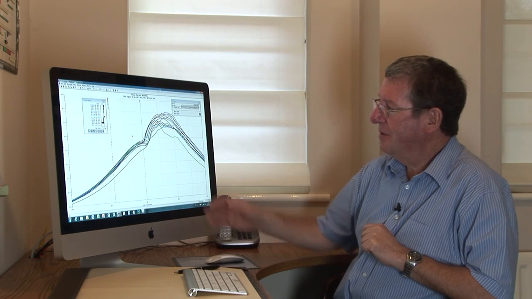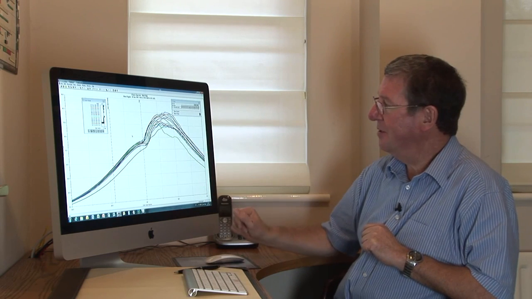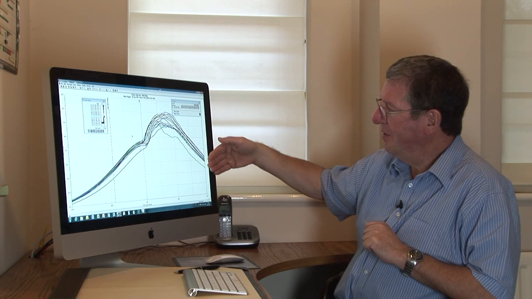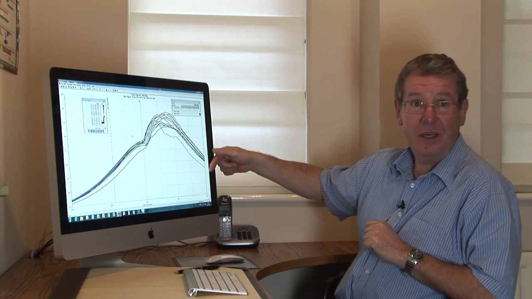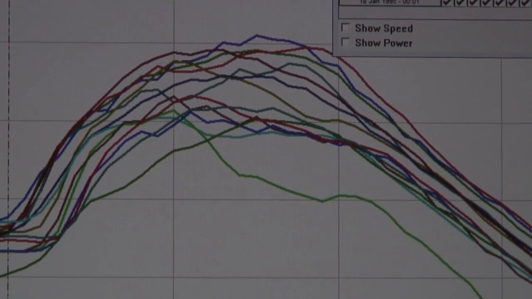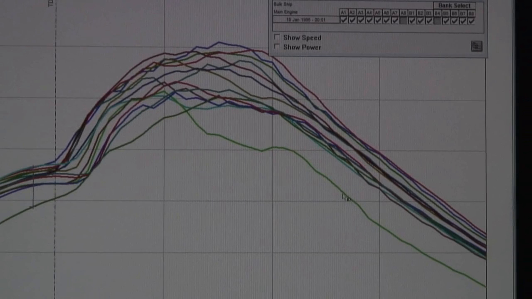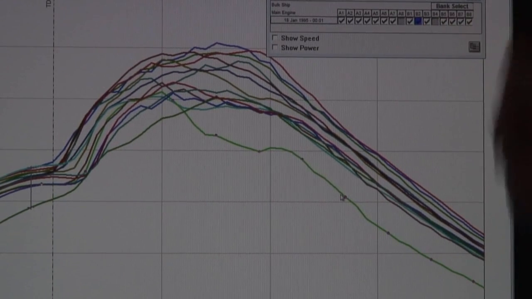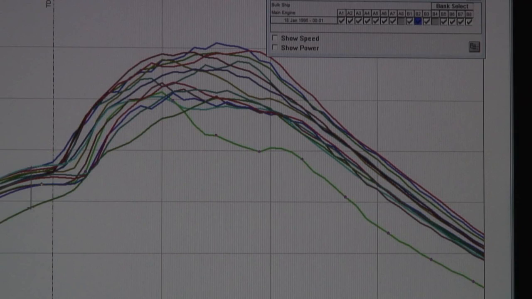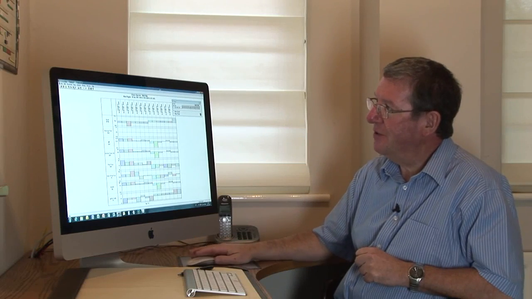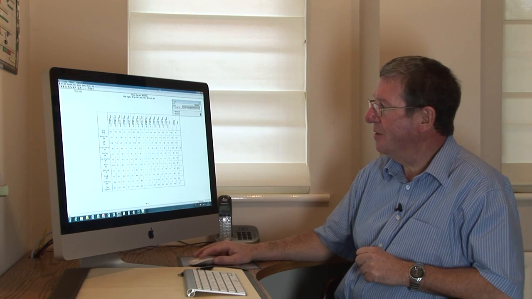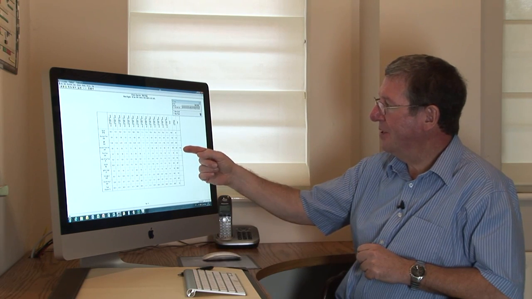Finally, we go to look at the balance of power in the cylinders. From this area of the graph here, we can tell that this green line is going to show much lower power, and we can identify this curve. It's B2. Again, going to the bar graph of results, we'll see that cylinder B2 in the power line is very low. To see the actual values, we can go to the table of results, and the total power is indicated here,